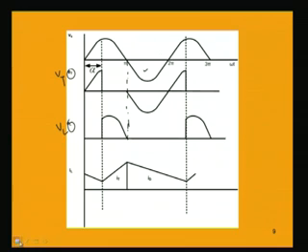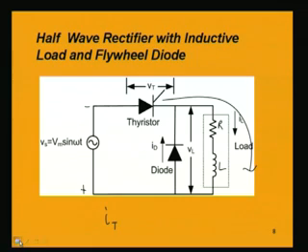Because the thyristor stops conducting. In the positive half cycle the anode is positive, and in the negative half cycle the anode is negative, so it will stop conducting. The voltage which will be obtained across this thyristor will be the voltage across this